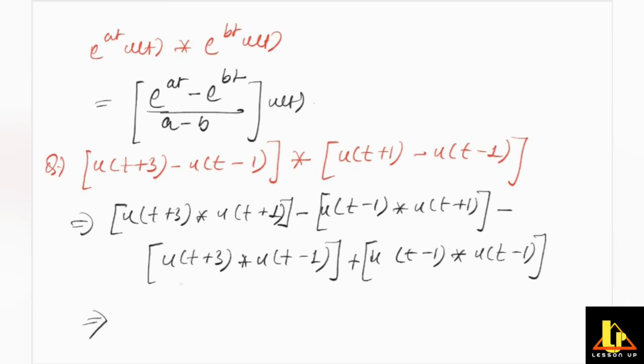Now, what is the convolution of unit step with unit step signal, that is ramp signal? Then this will be r of t plus 3 plus 1, that is plus 4, minus r of t minus 1 plus 1. So this will be t, minus r of t plus 3 minus 1. So this will be t plus 2, plus r of t minus 1 minus 1. So this will be t minus